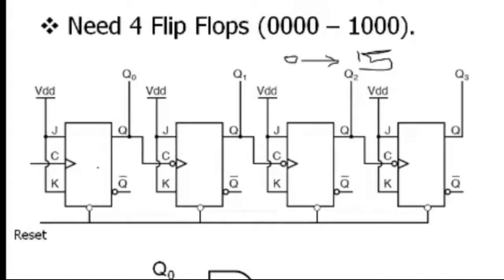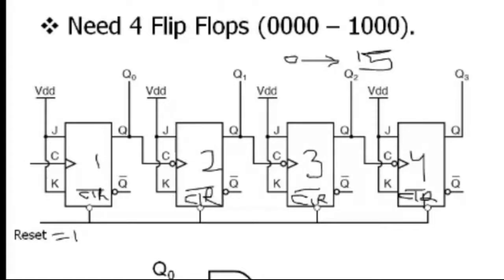And in all these 4 stages, let's say stage 1, 2, 3, 4, my reset will be equal to 1. Right? Reset has to be equal to 1 because here our clear inputs are active low, so for proper operation clear should be disabled. So when will it be disabled? When 1 is applied here. So this is a clear bar. So this has to be 1 because if it is 0, it will be cleared. It will reset all the stages. So initially we will make it clear so that all the outputs initially are at 0000, and then we will keep it at 1 throughout the operation of your circuit.